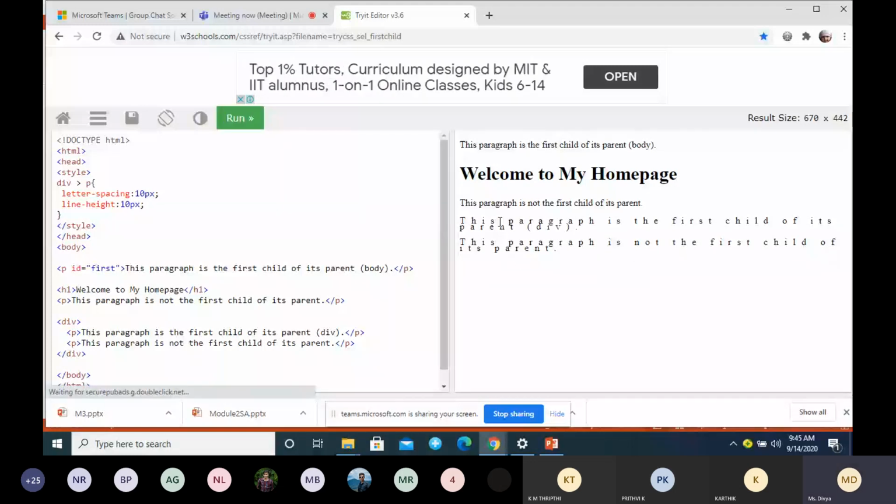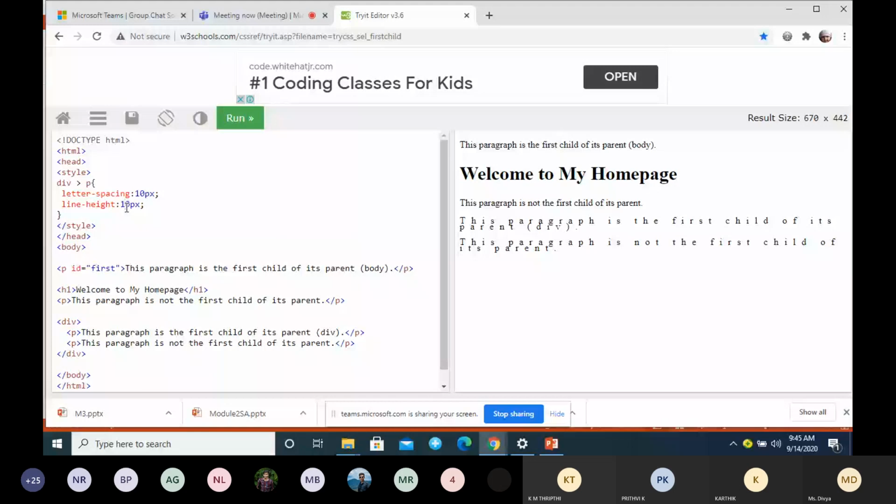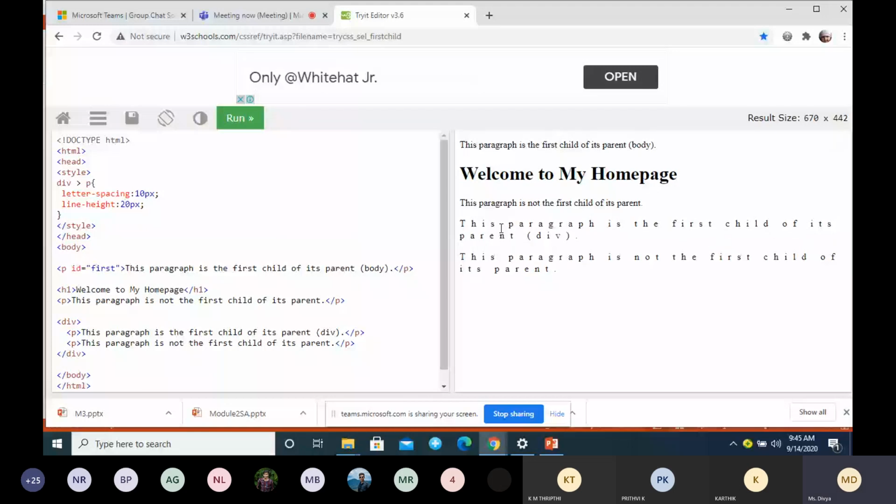Height between two lines, what should be the height? If I change this value, you can see the difference. Height between the lines. So it can take values in terms of units or it can take normal. Normal is by default. So the next one is